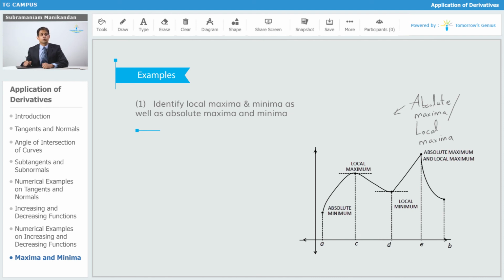And similarly, at the point x equal to a, you cannot draw a similar conclusion, because again x equal to a is an endpoint of the graph, or a starting point of the graph, and a starting point of the graph cannot be classified as a local extreme value. That is, it cannot be called a local maximum or a local minimum value. Therefore, even though it is absolute minima, it cannot be called local minima of the function.